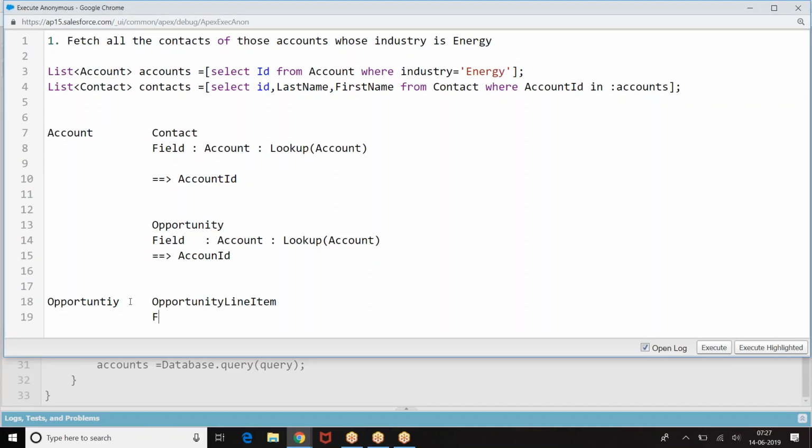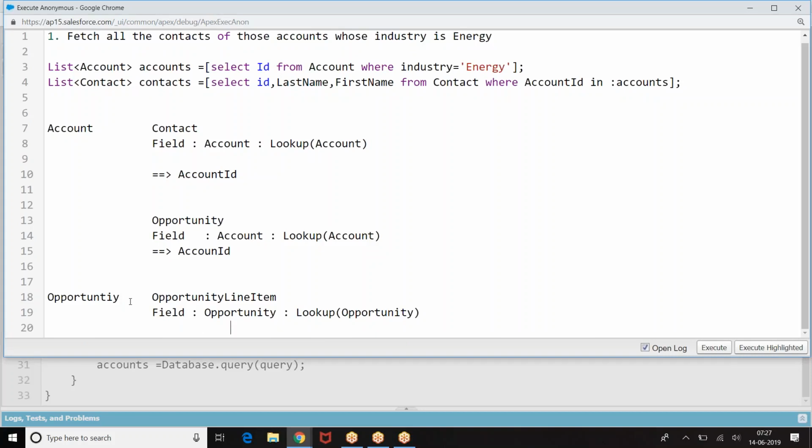Here we had a field, Opportunity, which is a lookup to Opportunity. How do you refer to it? OpportunityId. Are you clear?